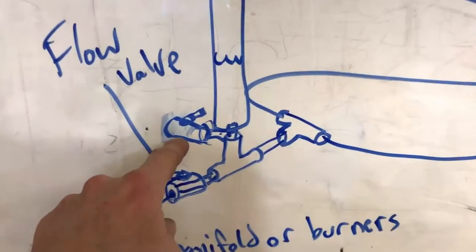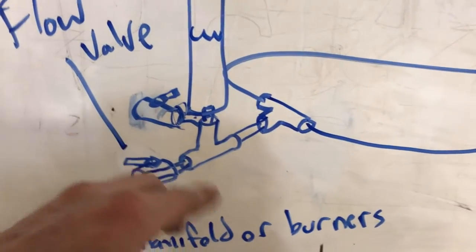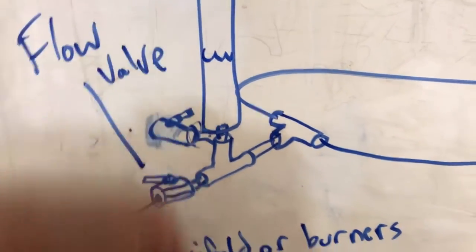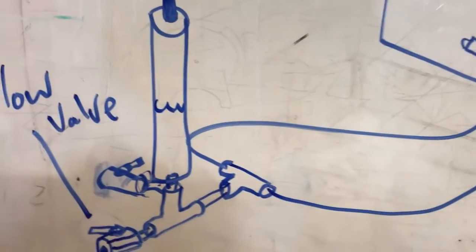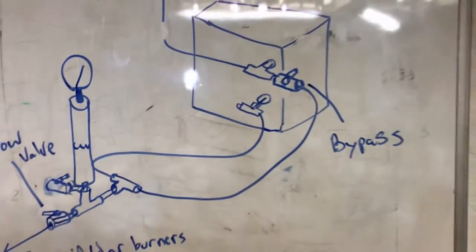We also would want to drain this on occasion if we notice that the fuel is pulsating a lot. Sometimes this air column will dissolve into the fuel and eventually disappear. So periodically, when we purge the system, when we open that valve to prime the pump, that should solve that problem. So we shouldn't have any problems with all that air going out of there. But for the most part,